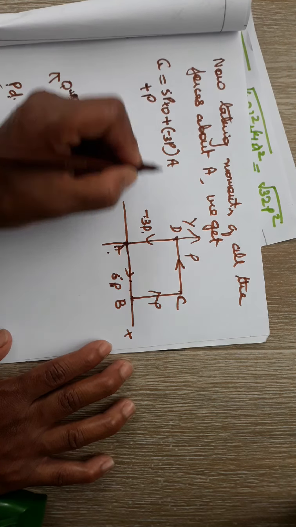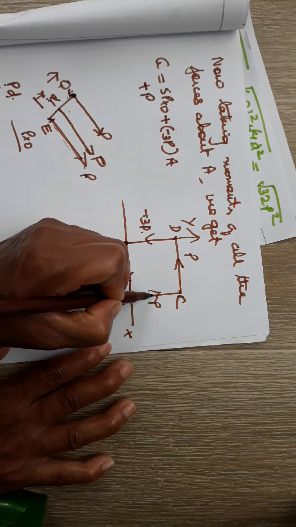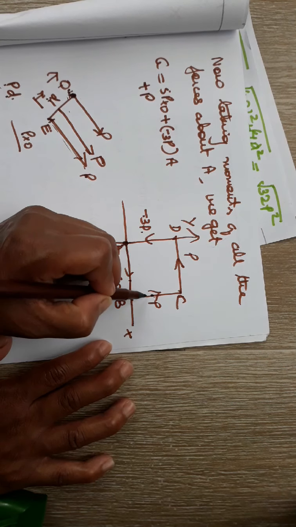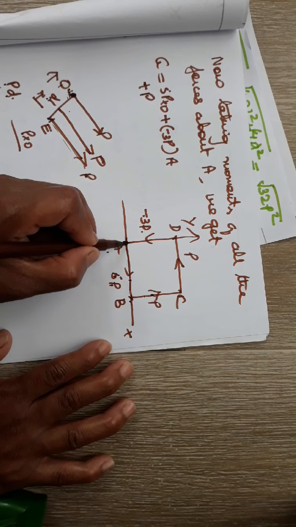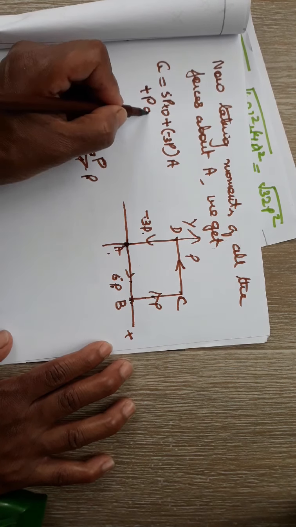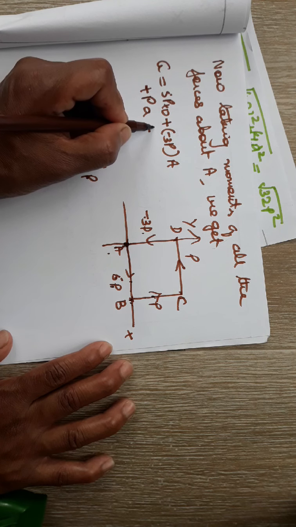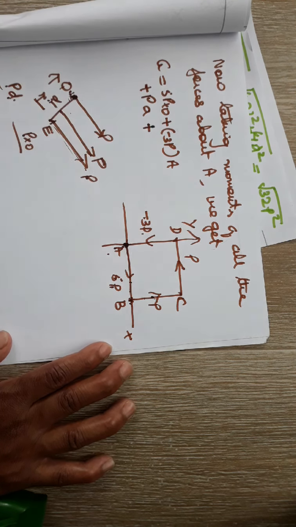So we have P into, now what is the perpendicular distance of this force P from this point O? It is this distance, which is the same as AB, and we know that the side of our square is given to be A, so you have PA, and then plus